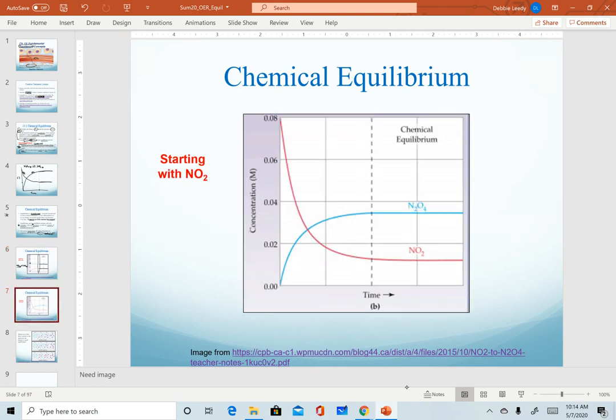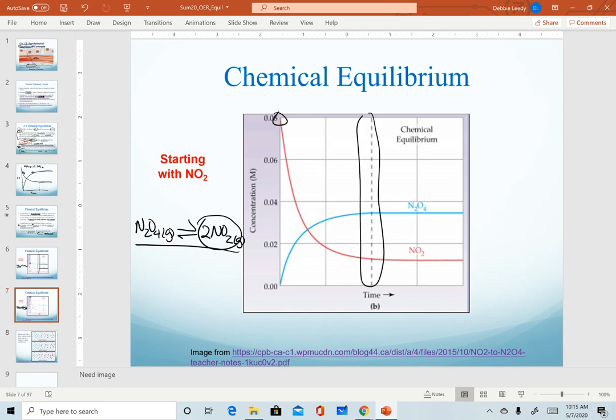In this graph, notice that the difference here, we have the same chemical system, but in this one, we actually put NO2 in our container first and allowed this system to come to equilibrium. So we still write the reaction or the equation the same way, but in this case, we're actually starting with products. Again, notice it takes about the same amount of time for the system to reach equilibrium, and we can tell it's at equilibrium because those concentrations have leveled off and are no longer changing.